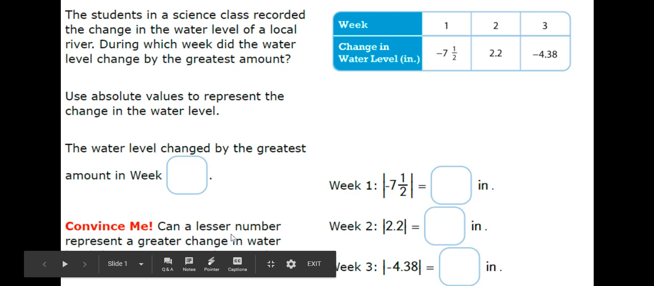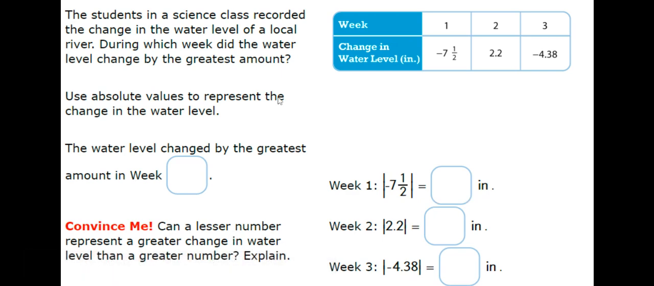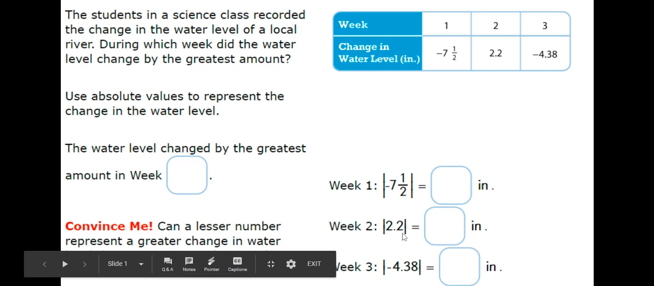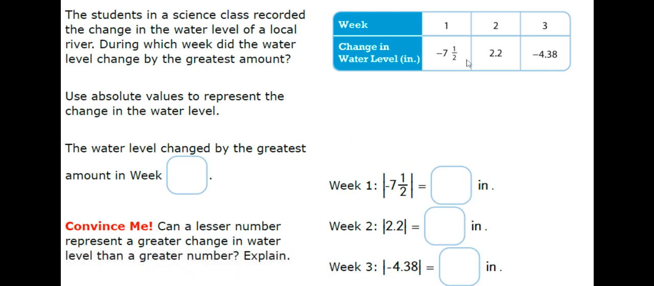Can a lesser number represent a greater change in water level than a greater number? Explain. The answer is yes. 2 and 2/10 is actually the lowest change, but the greatest number. This is the lowest number but the greatest change, because when you look at absolute value, it has the greatest absolute value. So, just a quick little walkthrough about what absolute value means and how it works with these